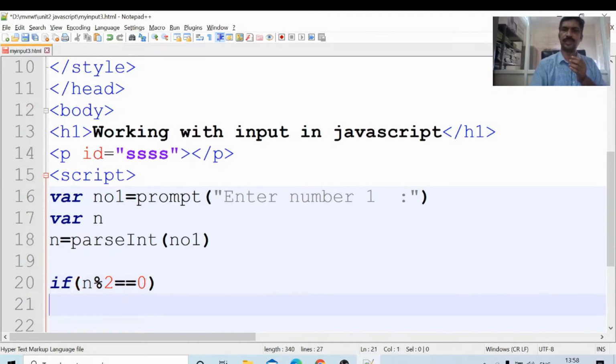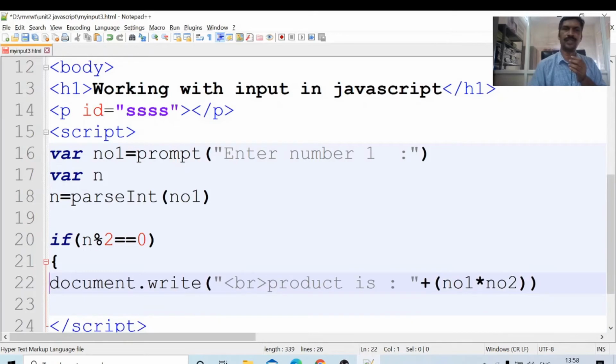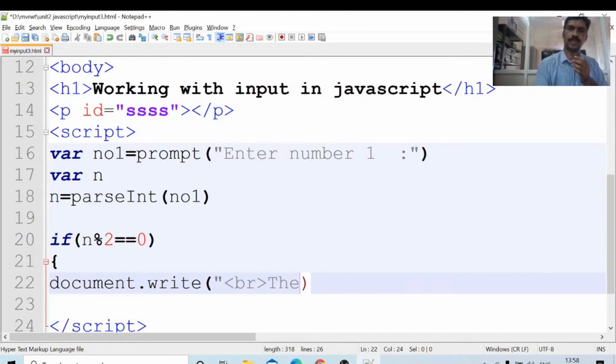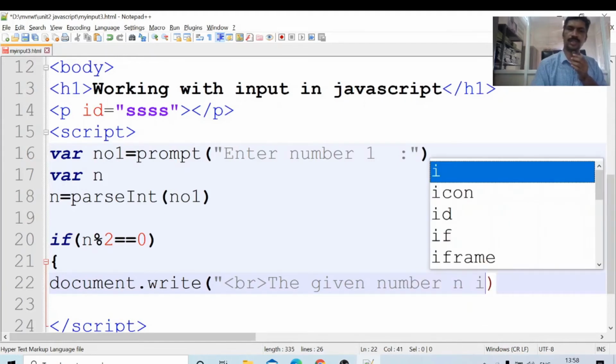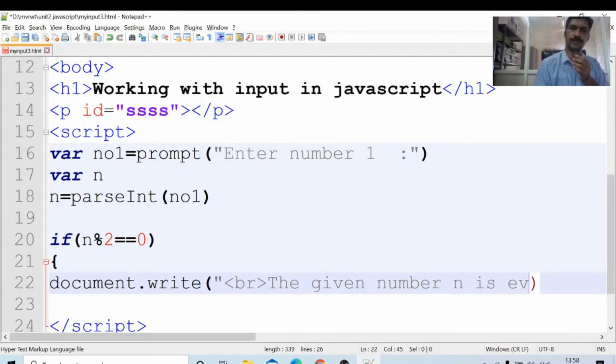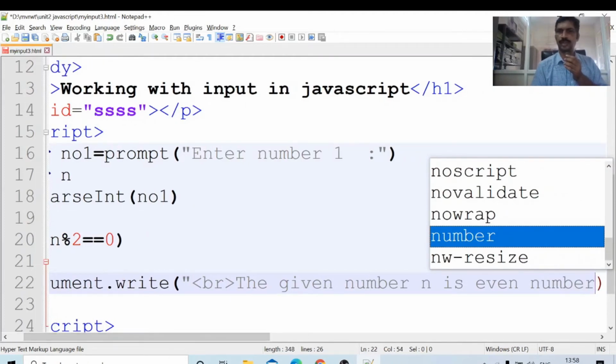If n%2 is 0, document.write, what will it write? Document.write the given number n is even number.